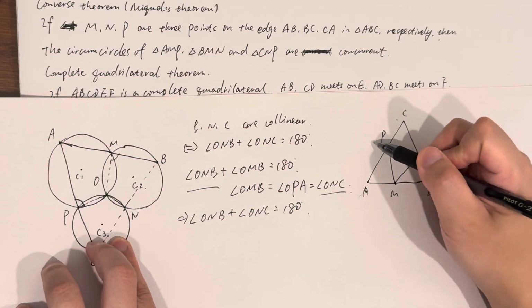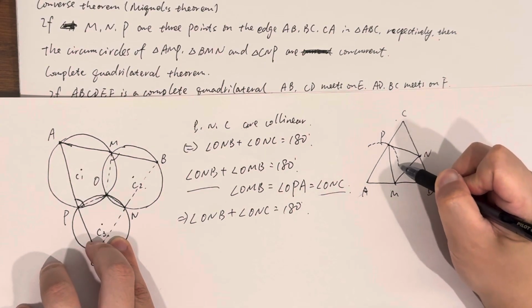It's basically saying that we have the circumcircle of triangle AMP here,